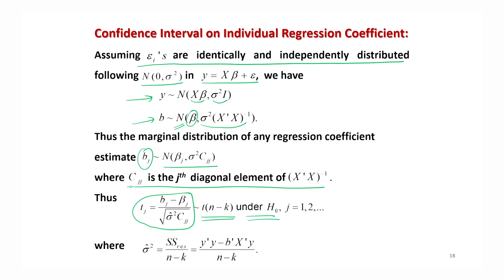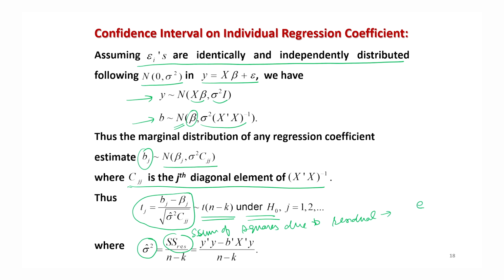And yes, we are going to estimate the value of sigma square as sigma square hat, using the sum of squares due to residual. Okay, I have not introduced this term here, but I had introduced it in the case of analysis of variance, if you remember, in the case of testing the equality of more than two population means from different populations. And I am going to explain this concept once again when we conduct the analysis of variance. But here I can say simply this sum of squares due to residual is simply that